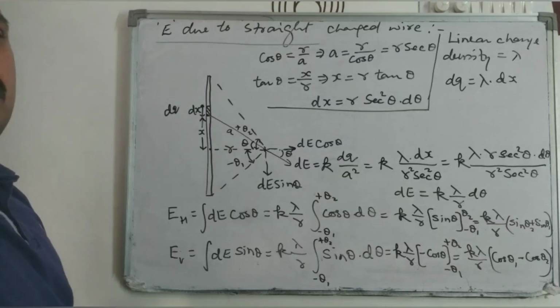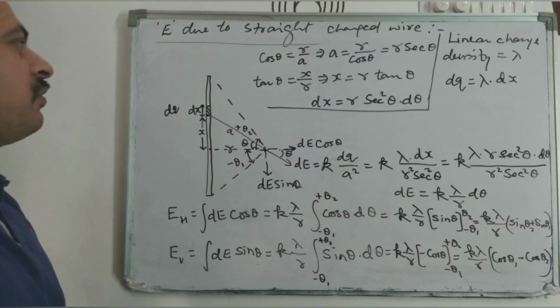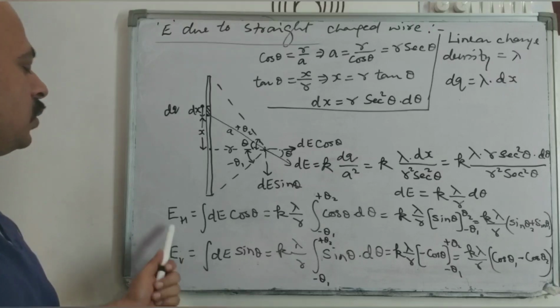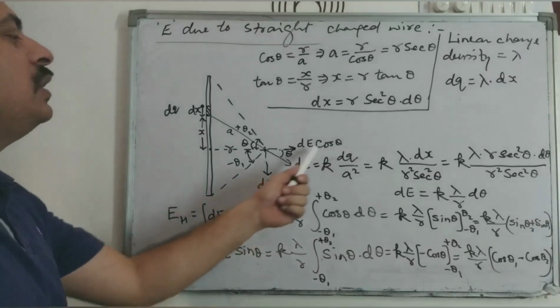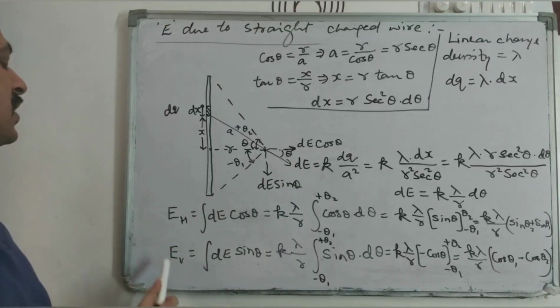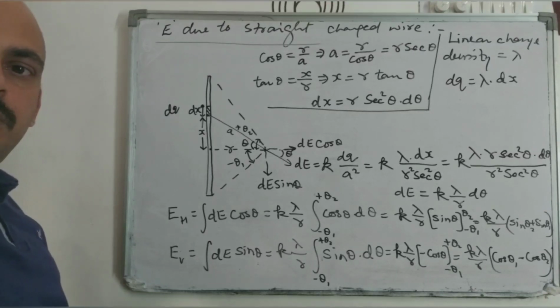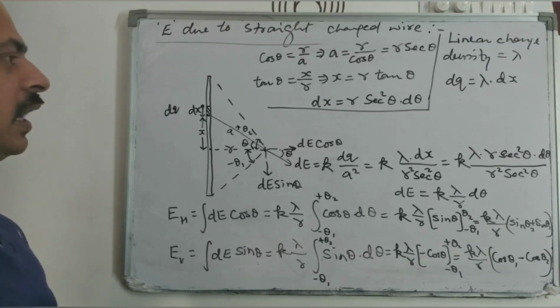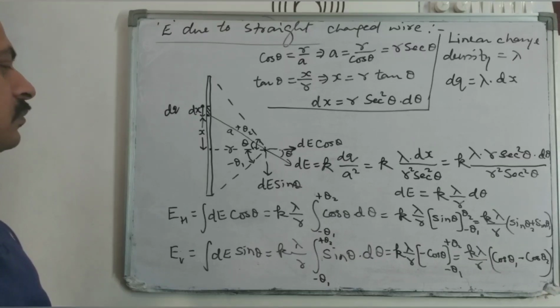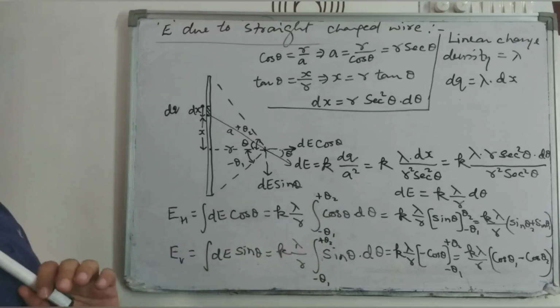That is your resultant electric field along the vertical. If you want to calculate the resultant, the total electric field, E will be equal to, because they are acting perpendicular to each other, the square root of EH square plus EV square. I think it is clear. You can pause the video at different places and understand better. So this is the horizontal and this is the vertical component.